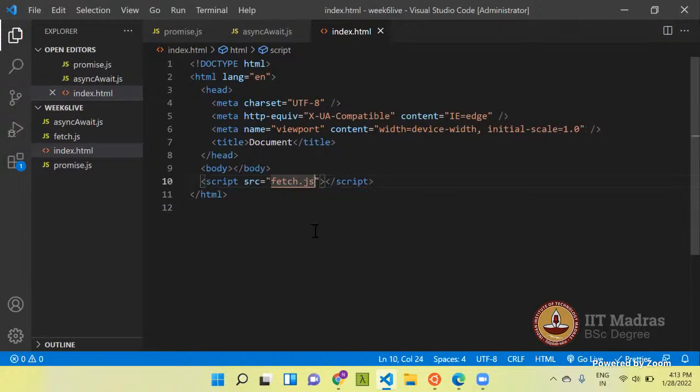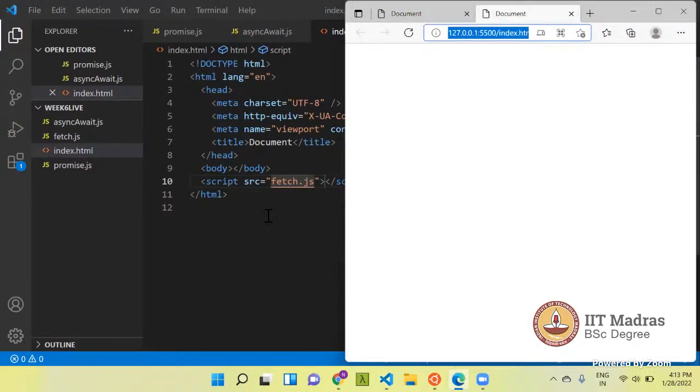So I will be running it inside the browser.